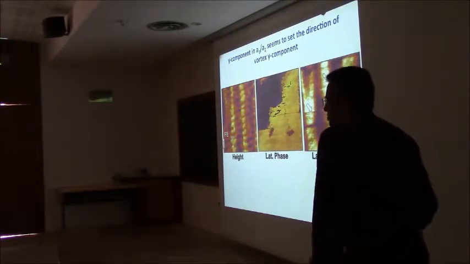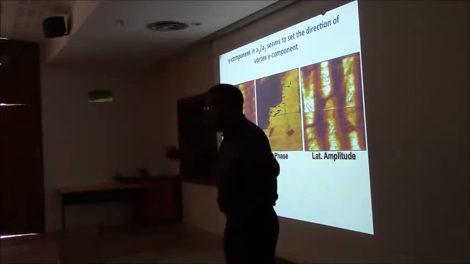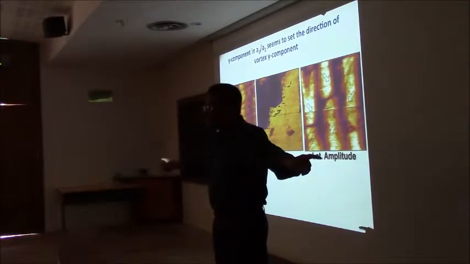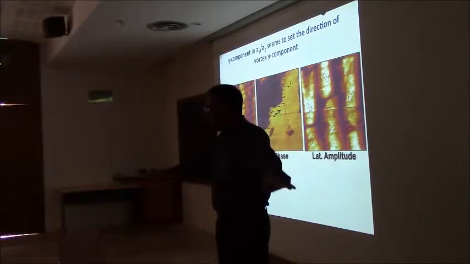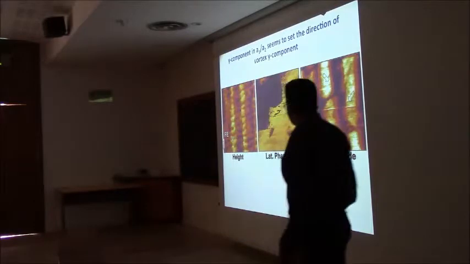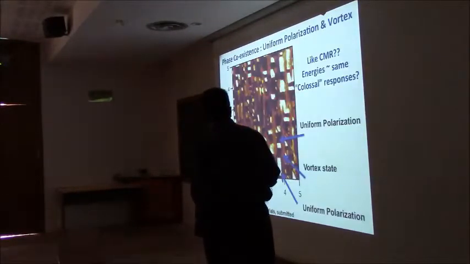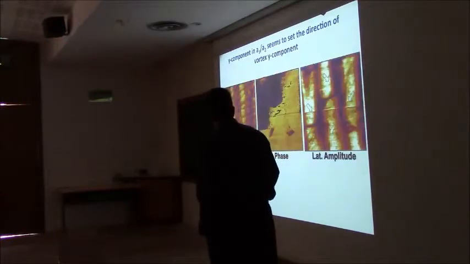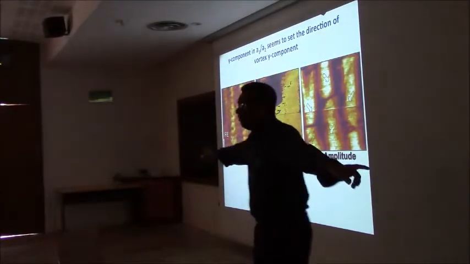The question was, what happens when I cool this from high temperature? It turns out that the original phase which forms is the in-plane polarized phase. And then as I keep cooling it down to room temperature, the vortex phase emerges from the uniform phase. So I can take a very small section of this, just a small part of it. These are the white areas of vortex region. This is the vortex region. In between that is the ferroelectric in-plane polarized region.